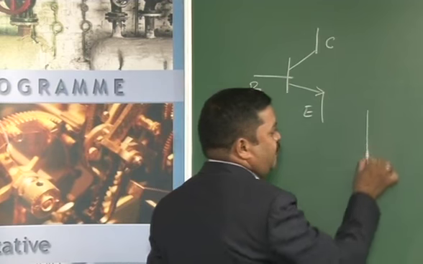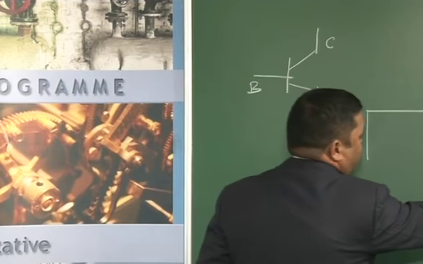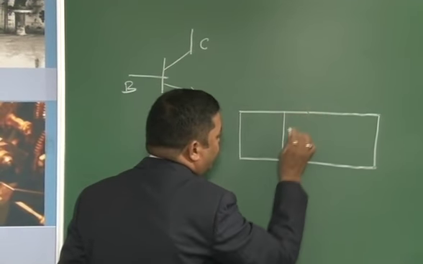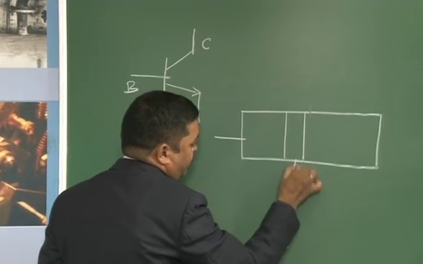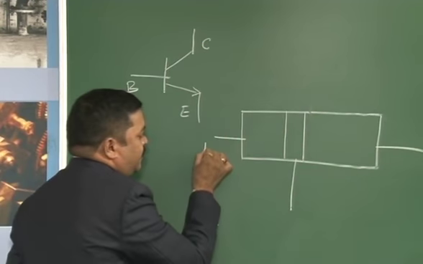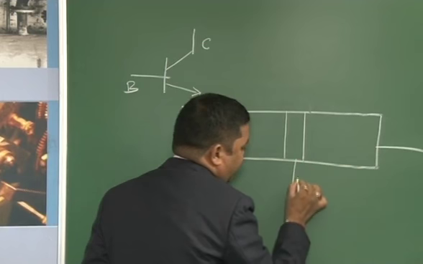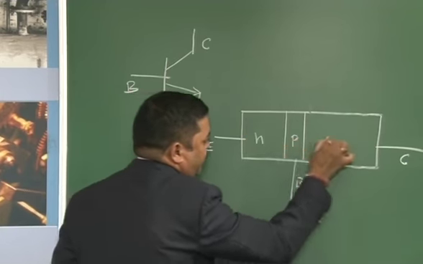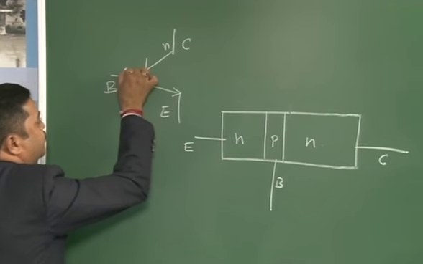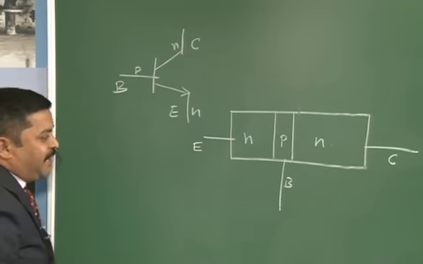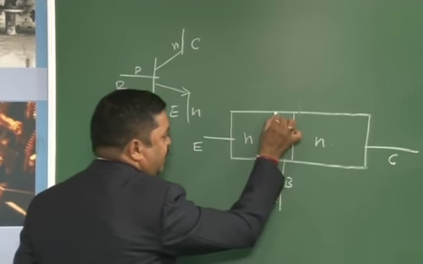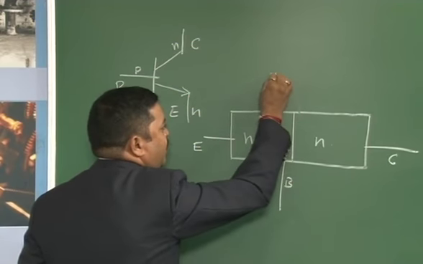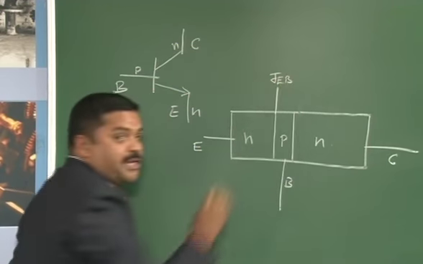If we want to see the junctions between the two junctions of BJT, we need to go for the structure of BJT, which will be like this. This is emitter, then base and then collector. Of course, this is an NPN transistor. In an NPN transistor, this PN junction we call the base emitter junction or emitter base junction, which we call JEB.